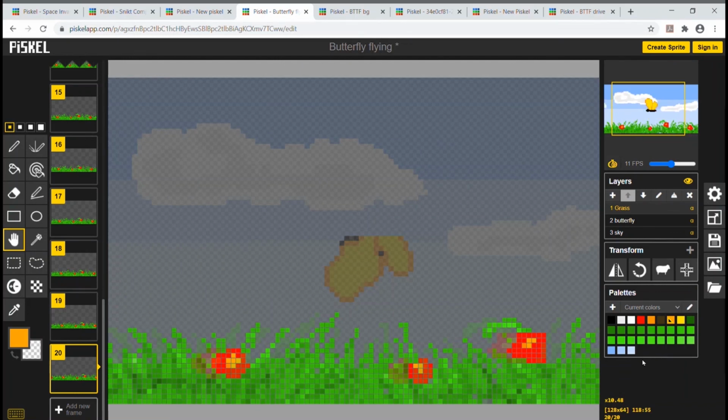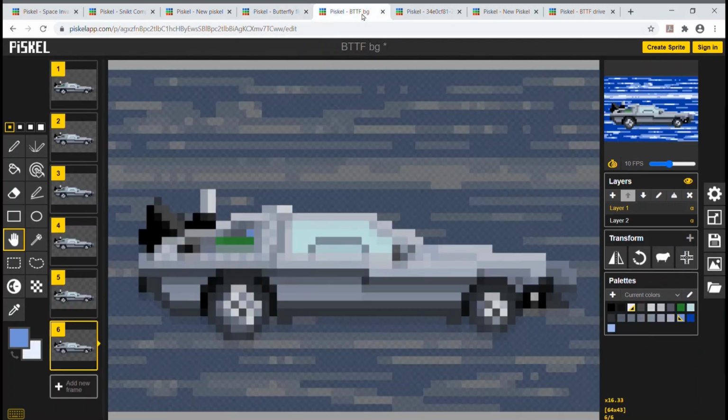Earlier I had the Back to the Future car, and for me to have gotten the accuracy of this vehicle, I actually needed to find reference images for it, and then import it into Piskel, and then I traced over it basically and got the toning and shadows and the shapes of the vehicle by tracing over it. So how I did that was,